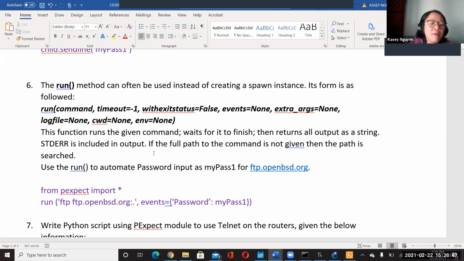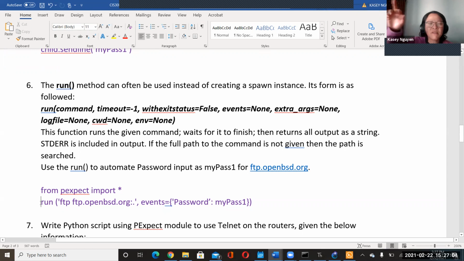So again, we would use the import statement, make sure that's there first. And then instead of using spawn, we would use run, right?